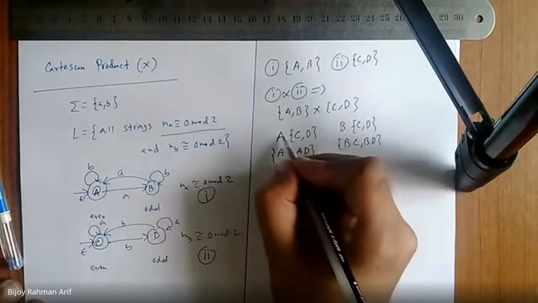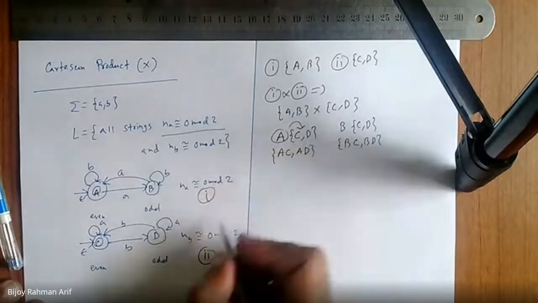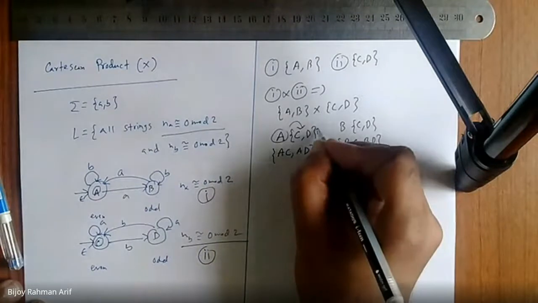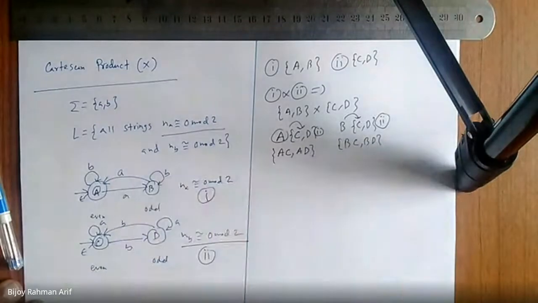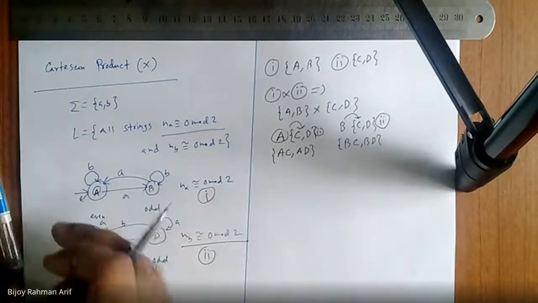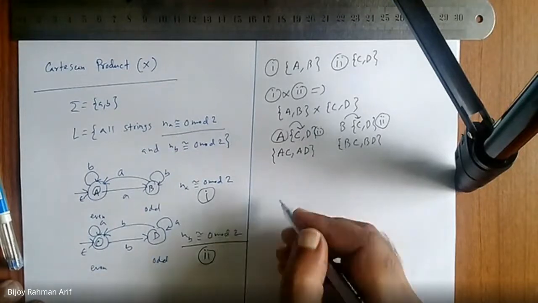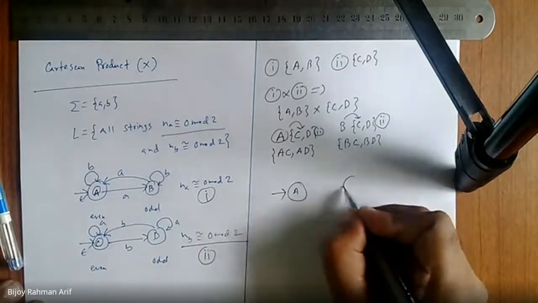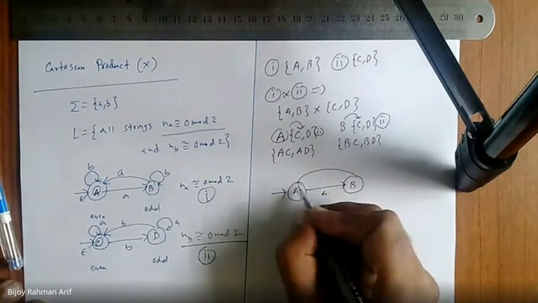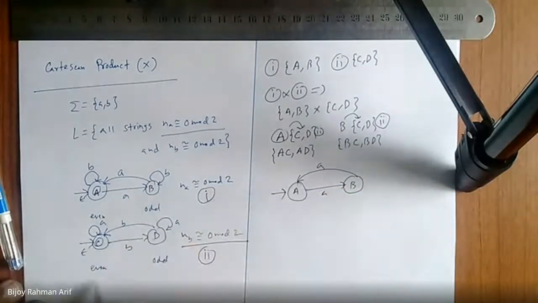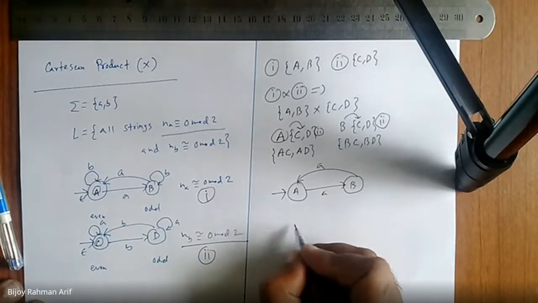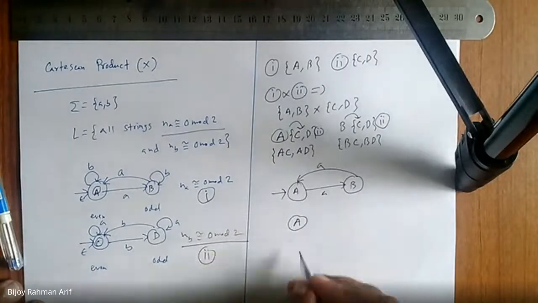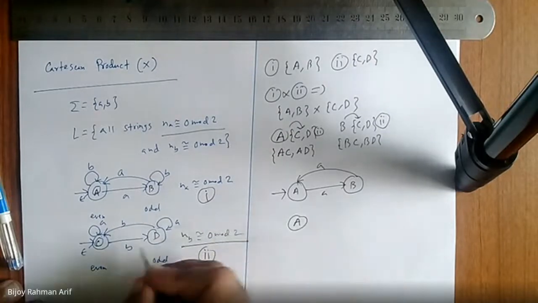So using this concept, for A, I have the whole number 2. And for B, I have the whole number 2. If we apply this concept, then we can draw this kind of Cartesian product more quickly. How? I have A, I have B. So this is my number 1. For A, I have the whole of 2, so it would be something like this. For A, I have the whole of this, whole of this, whole of this.